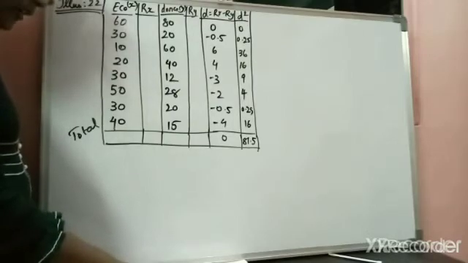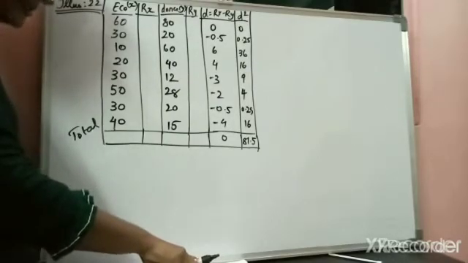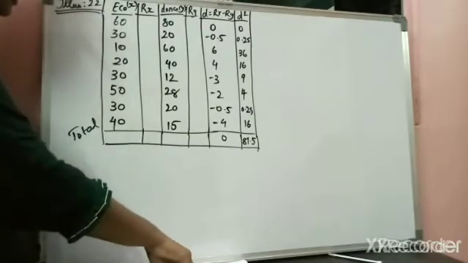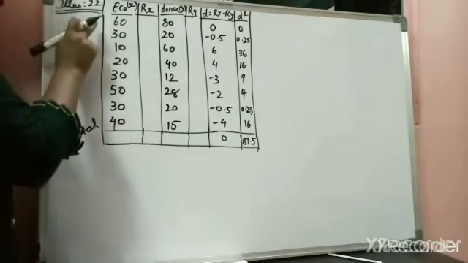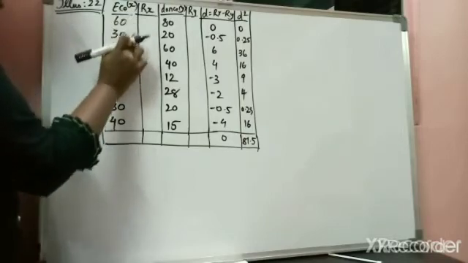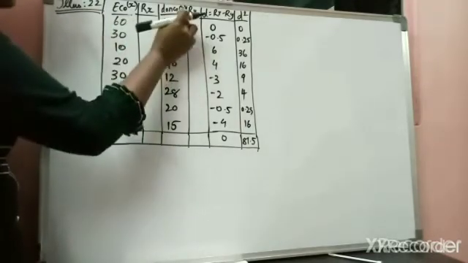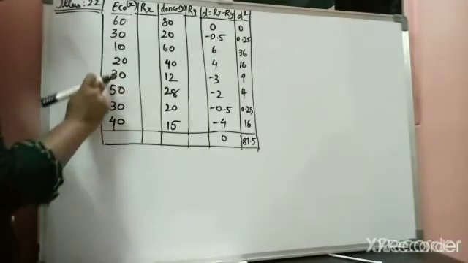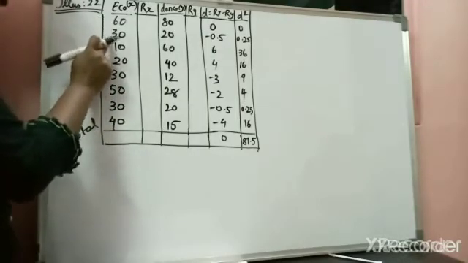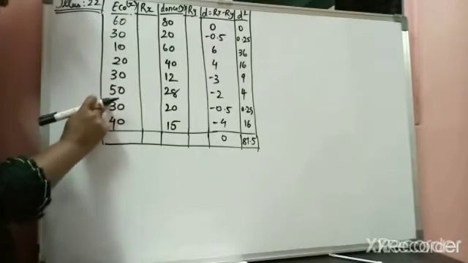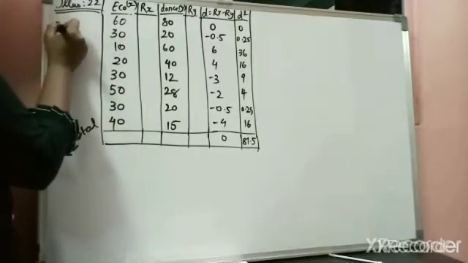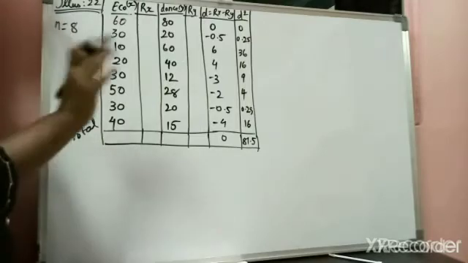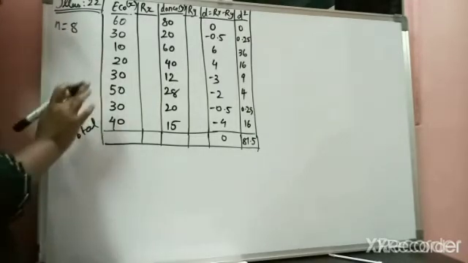Okay. So, now let's calculate. We have to calculate using Spearman's rank correlation coefficient method. So, now let's calculate. So we have the data, that is X variable is marks in economics and Y variable is marks in dance skills. Okay, so the data has been given to you. So let's count 1, 2, 3, 4, 5, 6, 7, 8. So N would be your number 8. So N is equal to 8.